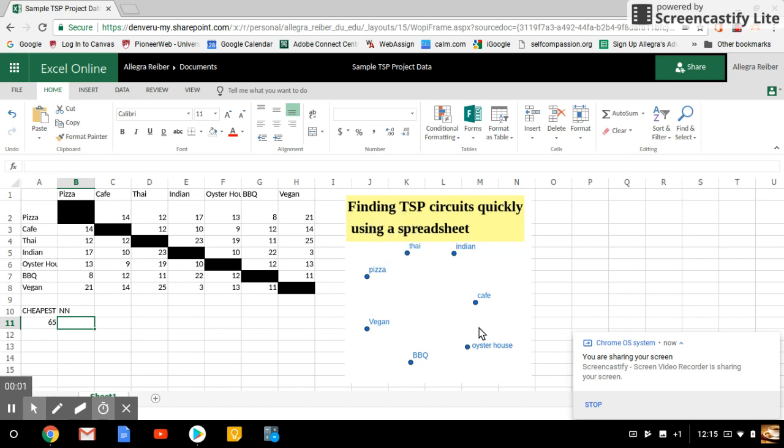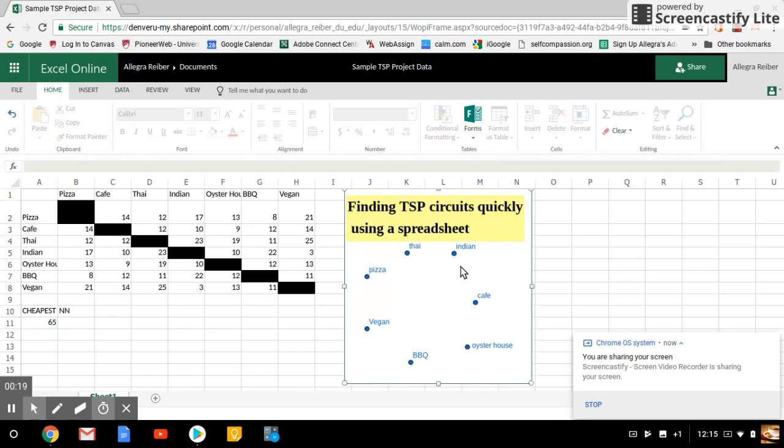In this video, I'm going to show you how we can use this spreadsheet to help us compute a nearest neighbor circuit without doing a lot of the arithmetic yourself. So I've got an image here of the graph that I'm going to be building. These are the vertices of my complete graph that I've just put in front of the spreadsheet so we can visualize it. Additionally, here I have all the data of the time in minutes between these restaurants that I've